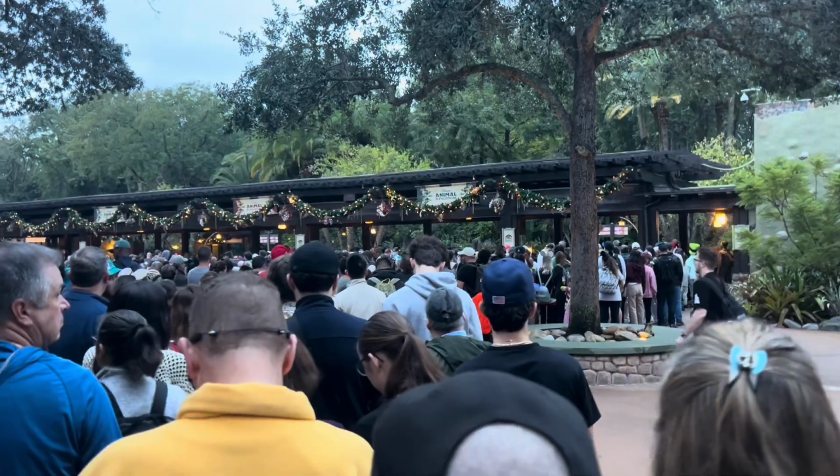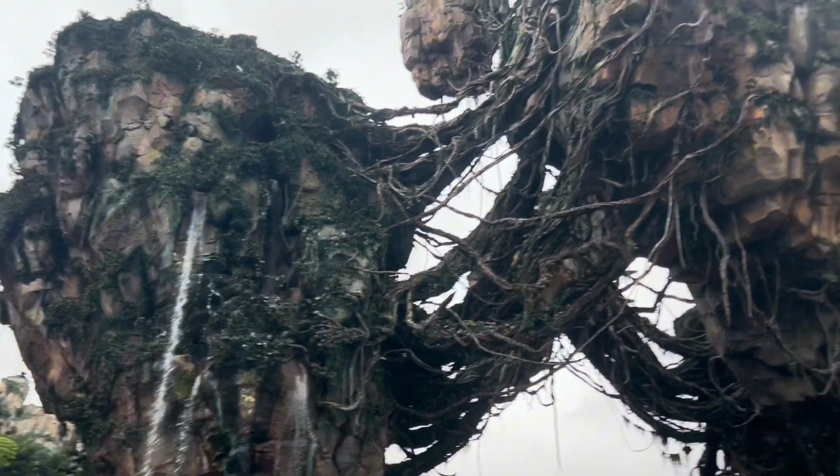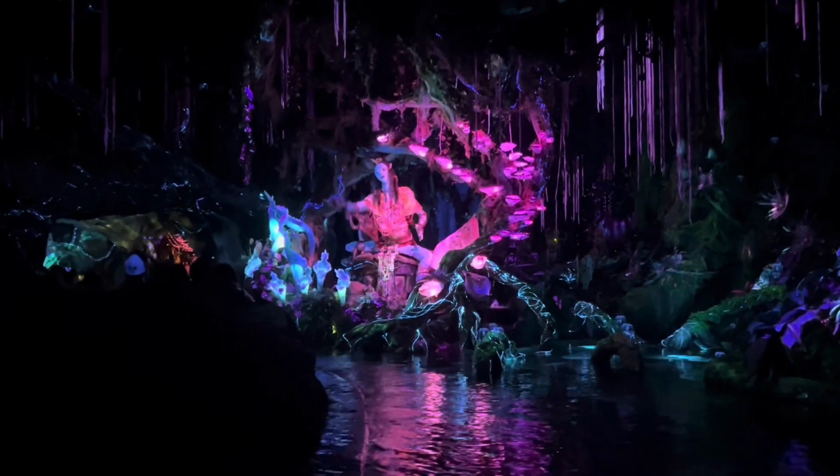So moving on to my day at Animal Kingdom, I woke up very early in the morning to go rope drop Animal Kingdom, which basically means you get there when the park opens. I started my day off in Pandora, the village of Mohari, I think it's called. It's the Avatar themed land in Animal Kingdom. So I started off by riding Navi River Journey, which is a boat ride through a bioluminescent forest in